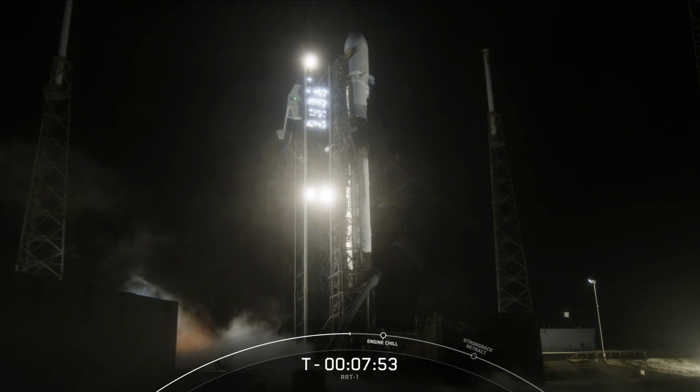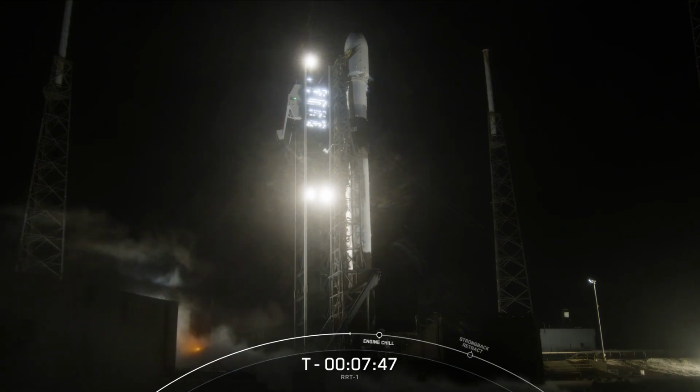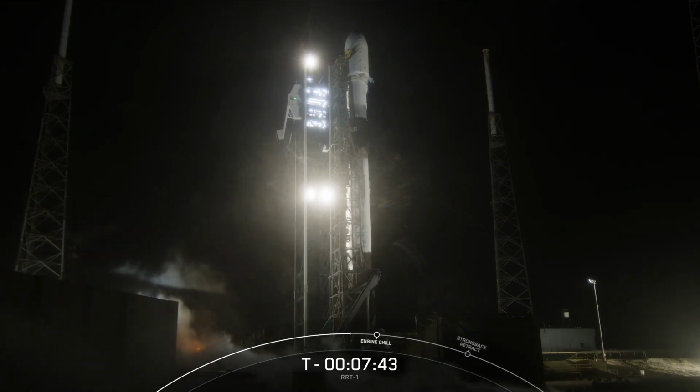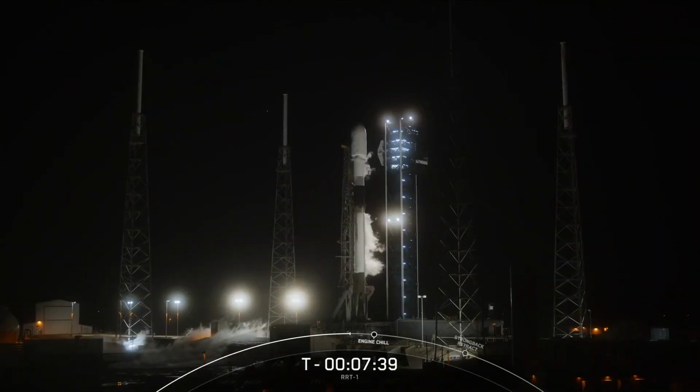After separation of the first and second stages, the booster for today's mission will once again head back to Earth, this time targeting a landing on our drone ship, A Shortfall of Gravitas, which is currently stationed in the Atlantic Ocean. It's worth noting that, at our customer's request, we'll be ending today's webcast before payload deployment and just after